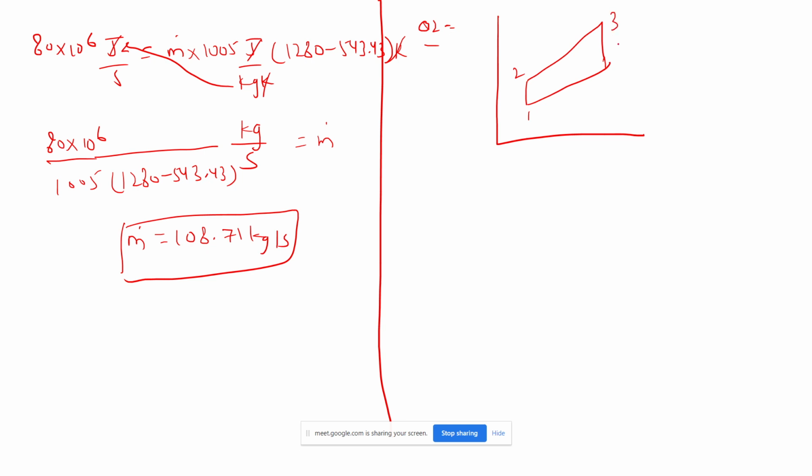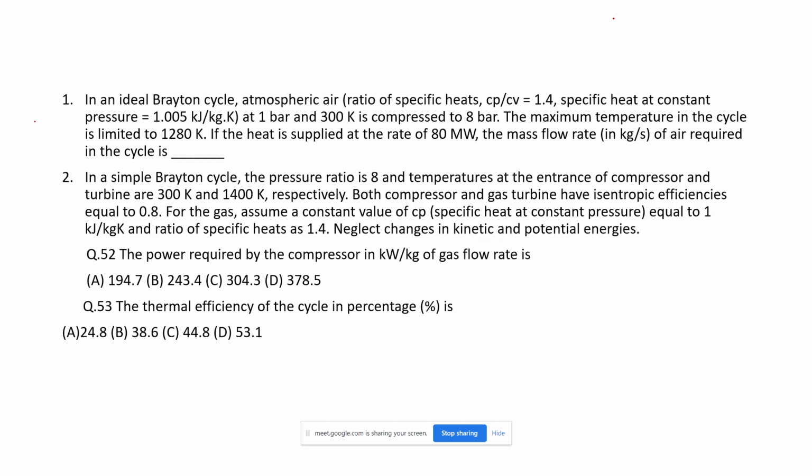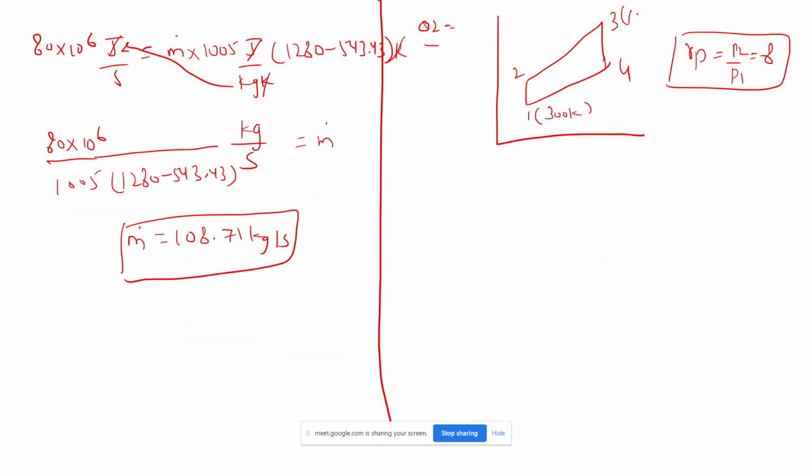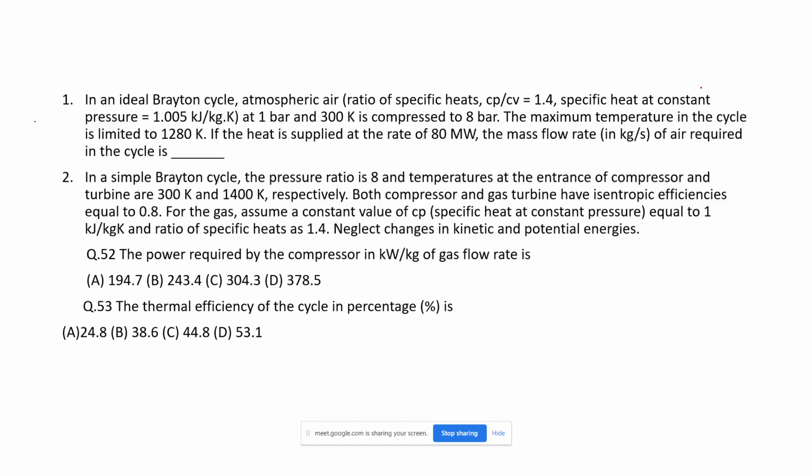So what they mentioned: the pressure ratio rp, which is p2 upon p1, is equal to 8. The temperature at the entrance of the compressor is 300 Kelvin, and at the entrance of the turbine it is 1400 Kelvin. m dot they have also given as 1 kg per second,